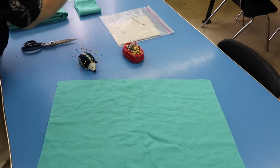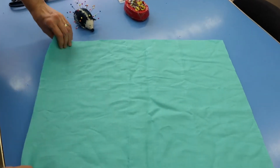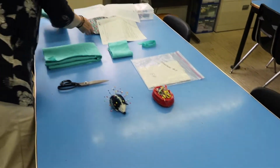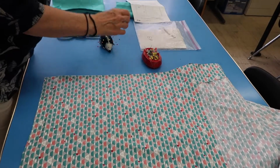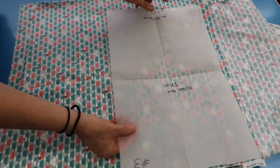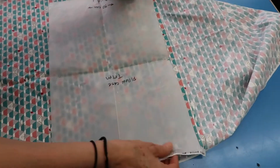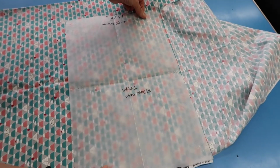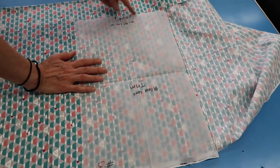Once you have the pillowcase cut out, we're going to set this aside for a moment and cut out the trim fabric next. We need the trim pattern here, and I can see that it looks like somebody has already cut this same fabric here. So we're going to use this same fabric. So the fold here